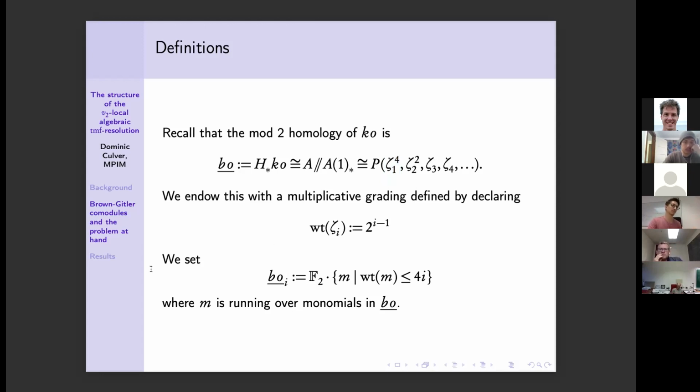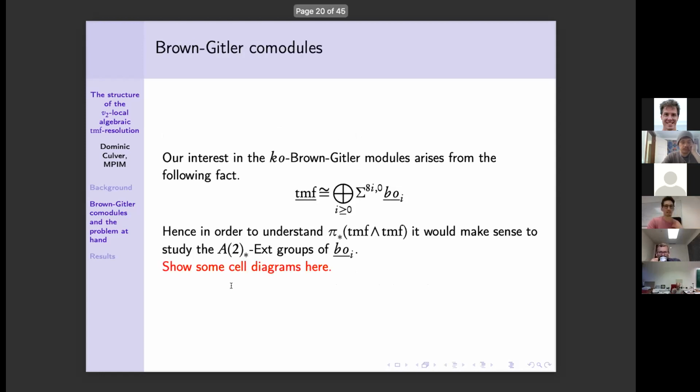Anyway, then you can define these submodules as the F2 linear spans of all of the monomials M whose weight is less than or equal to 4i. And you can check that that's actually a subcomodule. That thing is called the ith BO Brown-Gittler comodule. It's called that because it actually is the homology of something called the BO Brown-Gittler spectrum. Now, the reason this is interesting for us is because